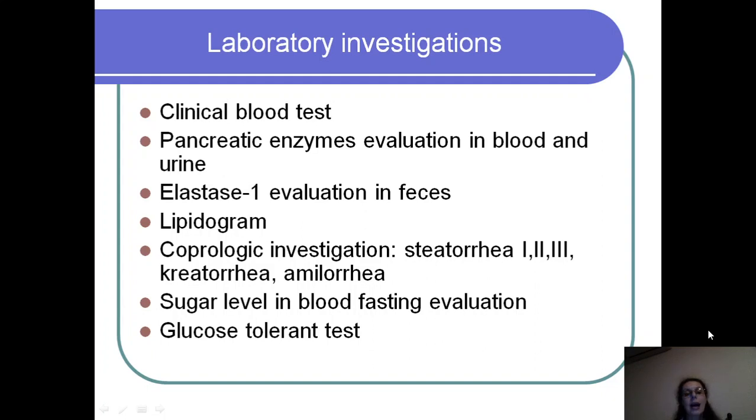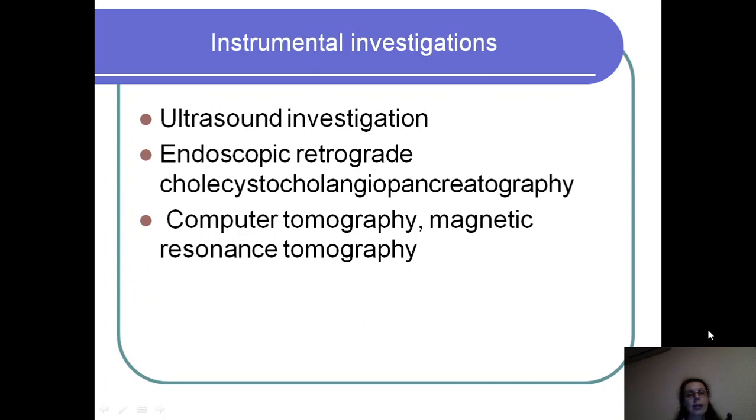Last two methods are needed to assess incretory function of the pancreas. And instrumental investigations, which include ultrasound investigation, endoscopic retrograde cholecystocholangiopancreatography, computed tomography, magnetic resonance tomography, and also endoscopic ultrasound of the pancreas, which is more and more widely implemented